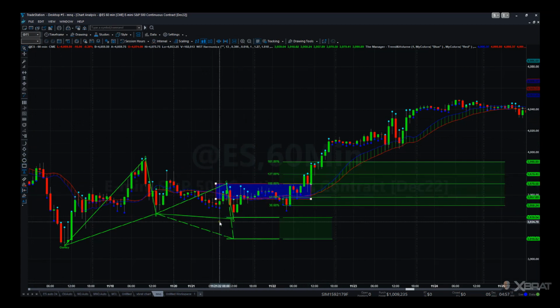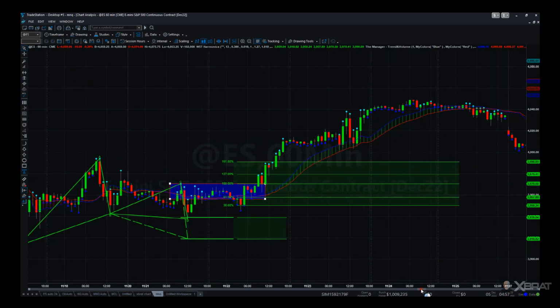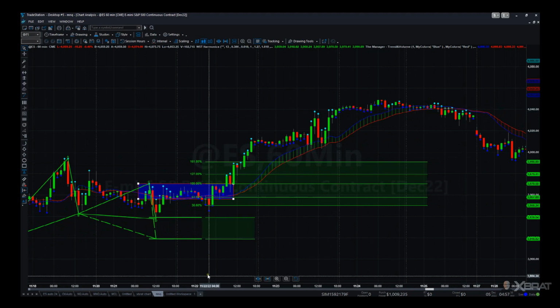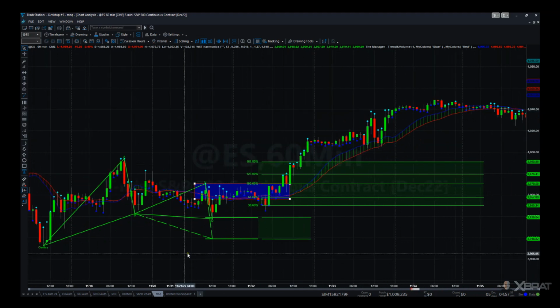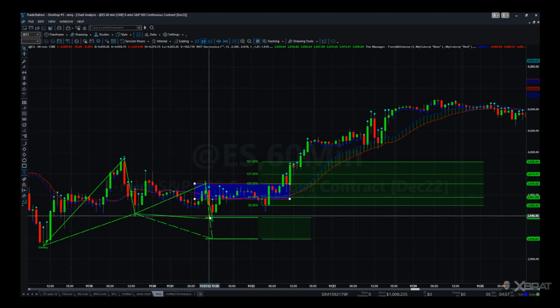Okay, so you can see we get a lot of clustering in there, and that's what we'd expect for this C pivot point here. But once it breaks, that's when we get in the long. We then manage with the manager. Very simple, until the ribbon turns red at this point. So this Gartley pattern again started to form on the 17th of November. It completes on the 22nd, another 5-day event here,